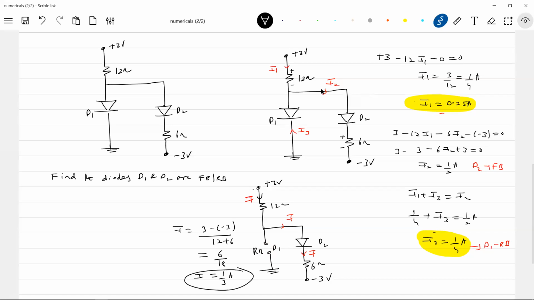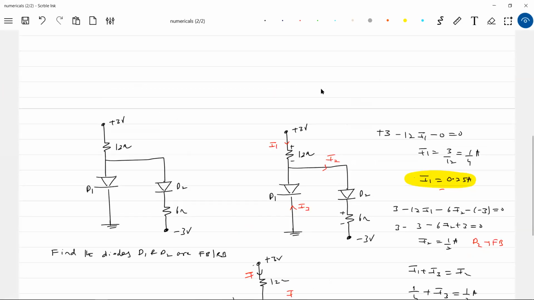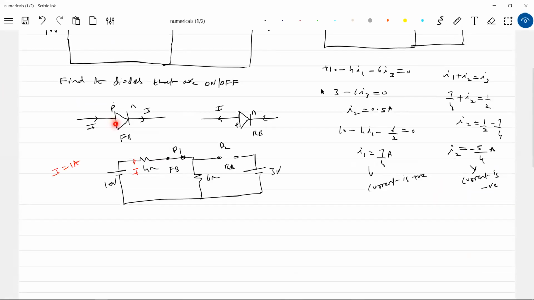But sir, what about 1/4? It's negative. Negative in the sense that, by the first approximation, the reverse-biased diode should be an open circuit, and that is what we do. If they give a reverse bias resistance or anything, then you have to substitute it and solve further. For most problems, let's confine to the first convention: reverse bias is open circuit, forward bias is short circuit. Don't make guesses about the circuit. Look at the current; only then should we conclude whether it is forward or reverse biased.